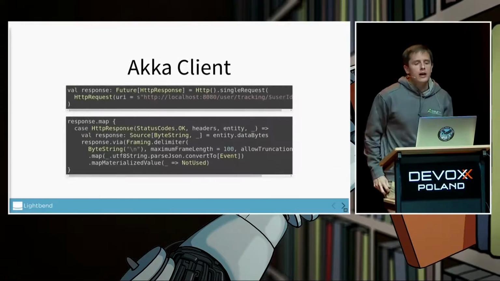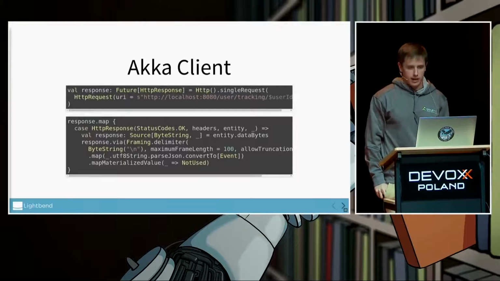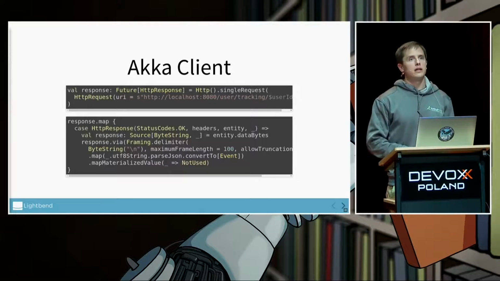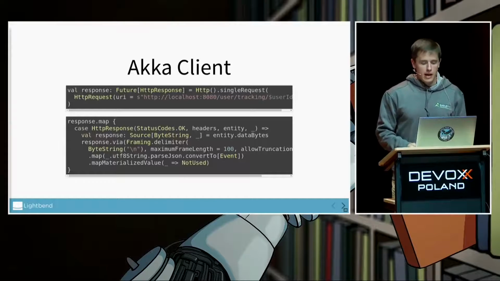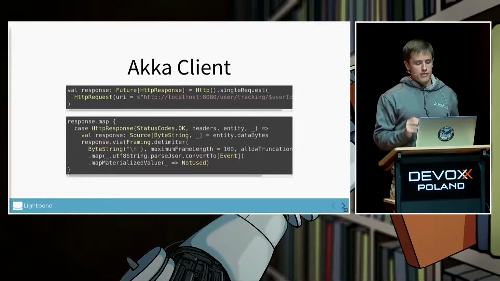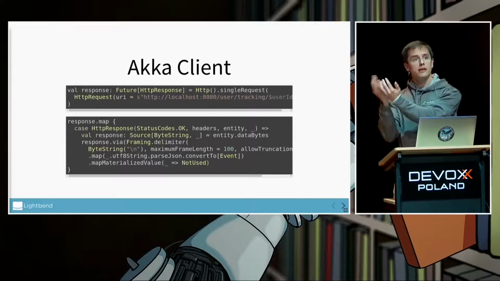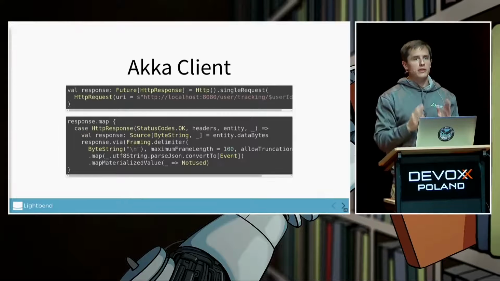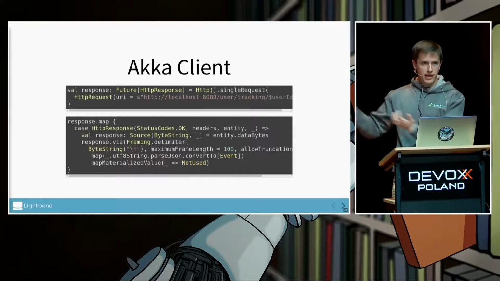So what does an Akka HTTP client look like? Well, we can make a single request and we get a future back. That's the first little bit of code. I'm showing you the lowest level API here, where we're dealing with byte strings, which you can think of as byte buffers or byte arrays directly. However, that completes when the connection is established, we send the request, we get the headers back, and the future will then be complete. But it doesn't bring everything back into memory.